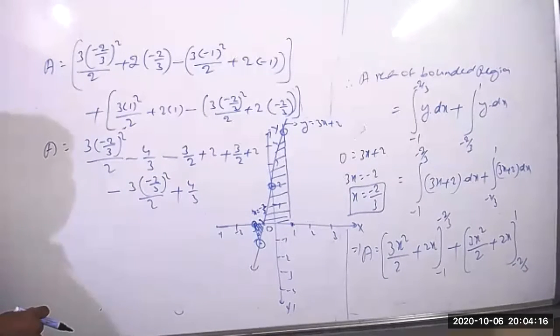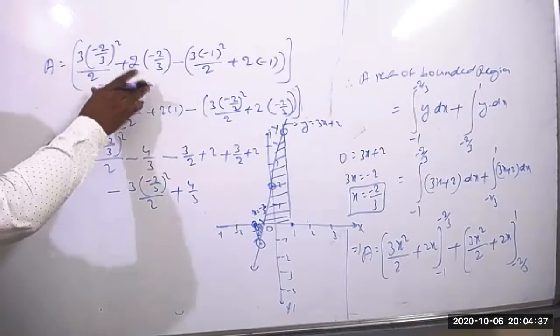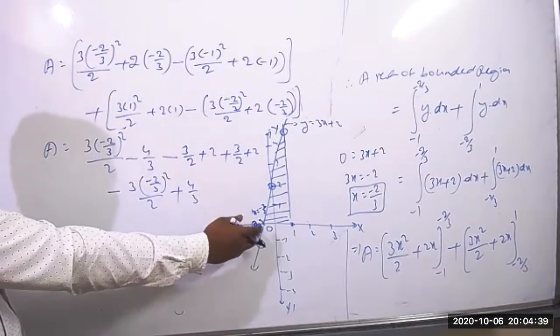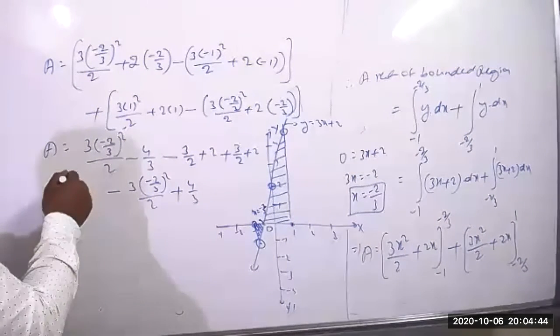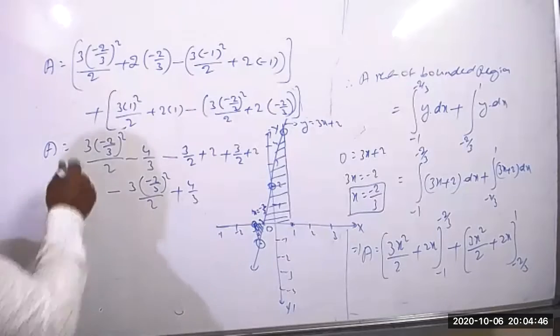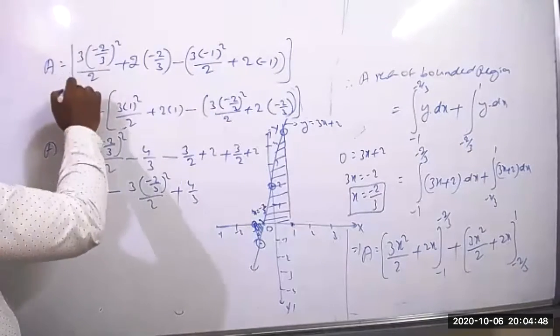Very good. So where does it become negative? It is on the minus y side now, sir. Negative y side, so it will be minus. We have to take modulus, sir. Area cannot be negative. When you take this down part, it will be modulus. So for the first part you can take the modulus.